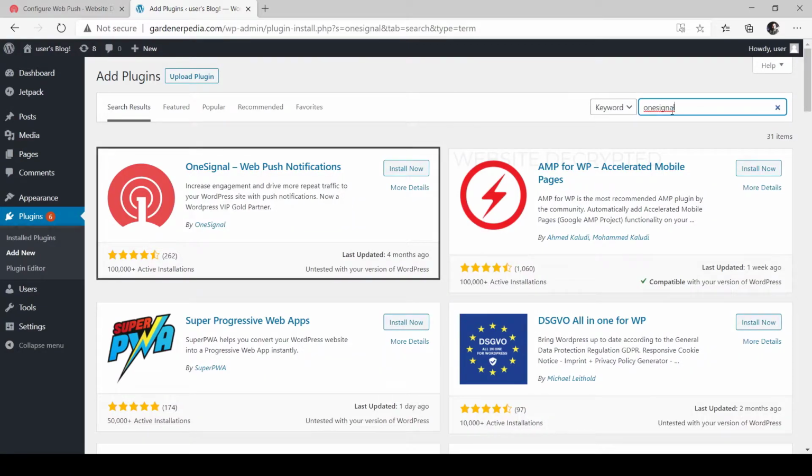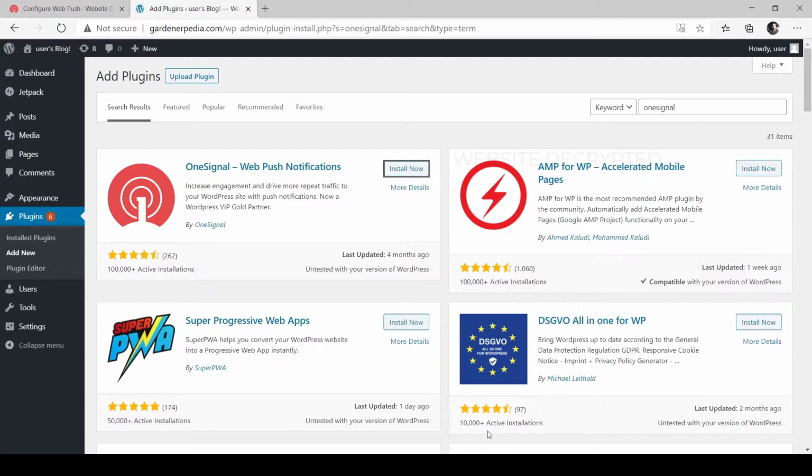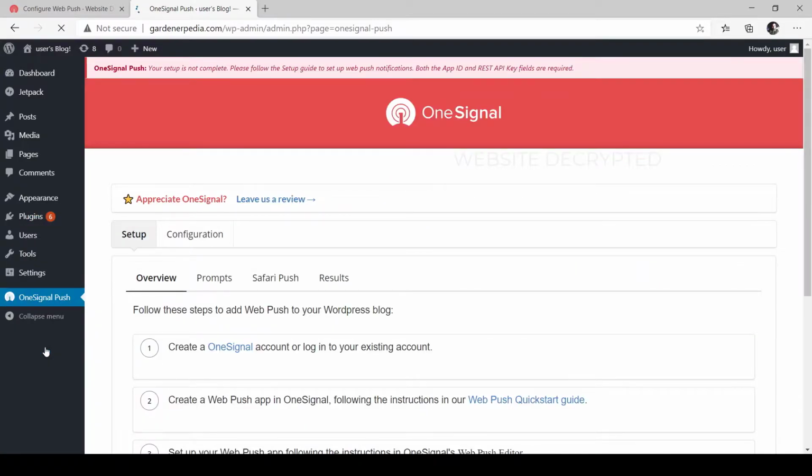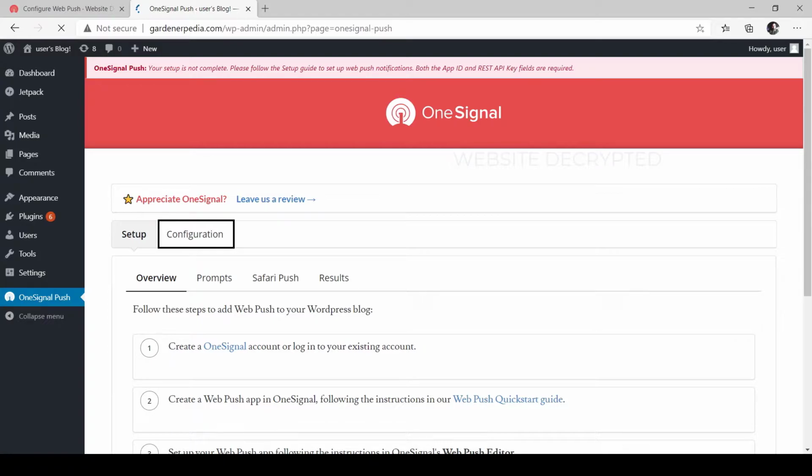On this plugin, click Install Now and activate. Once activated, click OneSignal. Now click Configuration.